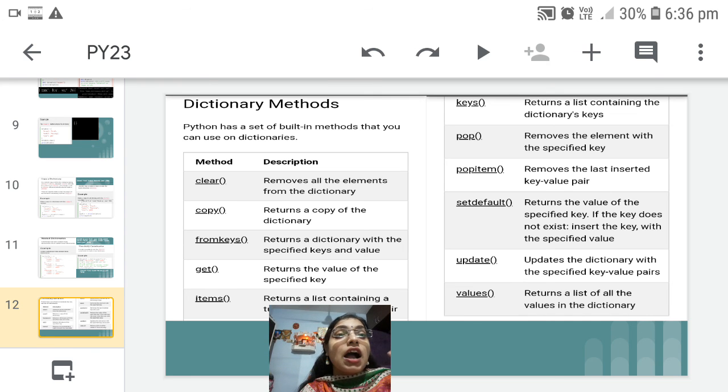Now we are done with the four most important topics, that is string, list, tuple and dictionary. If you want to remember all the points, then just create a difference table of the common methods and uncommon methods, with the help of which it will be easy for you to remember everything. Otherwise, at the time of the exam you will get confused, because the same methods and the same ways are there. So try to remember all these four topics difference-wise. So this much is there in today's lecture.